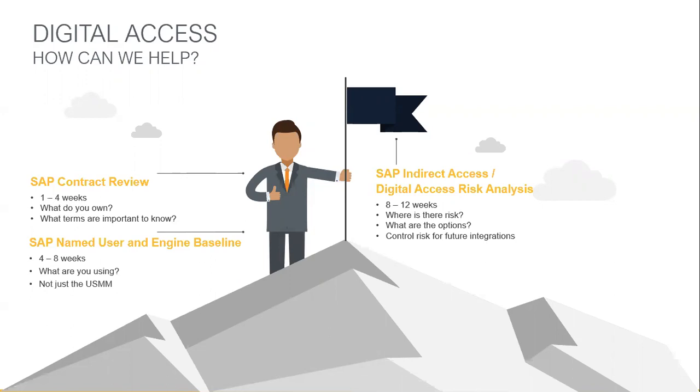A lot of organizations look at contract reviews and believe that it's just simply counting the number of transactions, right? How many do we have? But there's a lot more to it, especially when you're taking into consideration digital access. As we mentioned, one of the steps was to take the terms and conditions that you've already licensed from SAP and apply them to your current indirect access usage. You need to have a good understanding of what terms you can use. And that's where we can walk in and show you these are the terms you need to hold on to.